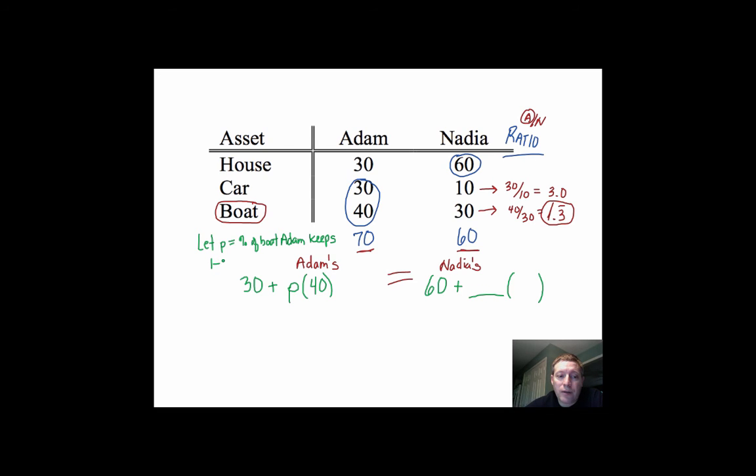So it turns out that 1 minus P then is going to be the percentage of the boat that Nadia keeps. That's a nice little mathematical principle, that if P is the percentage that one person has, 100% minus P will be the percentage the other person has. So basically we're taking 100% minus the percent that Adam got, and that'll be Nadia's, and that's going to be times